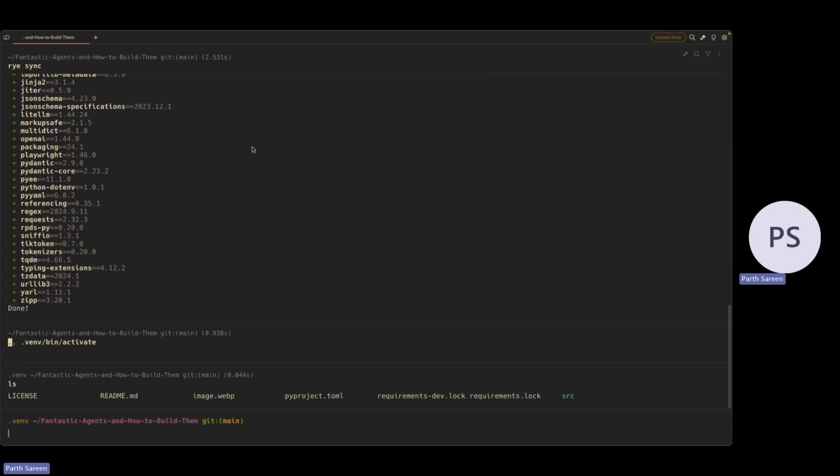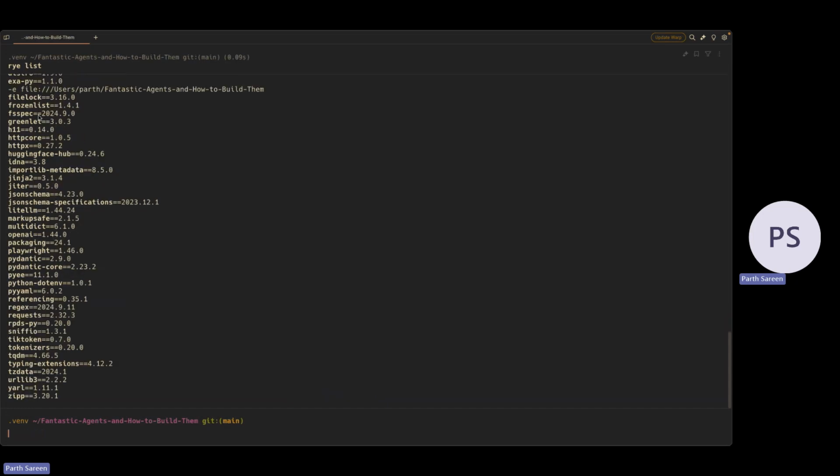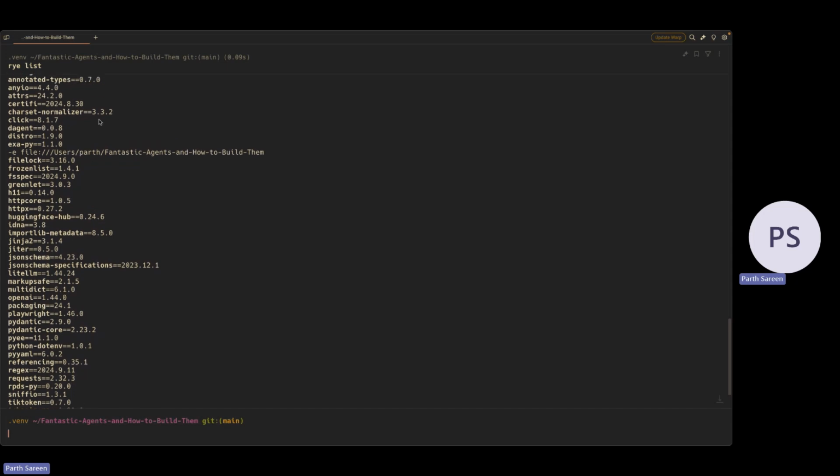For example, we're using Playwright. A way you can check is rye list, and you should be able to see what all things you have installed. We're using the Dagent framework, so make sure you have 0.08 when you do rye list.